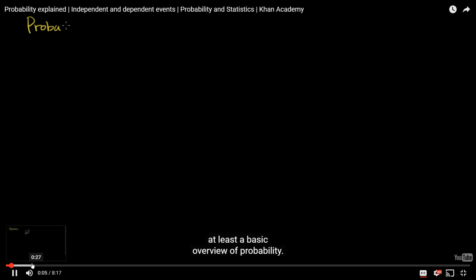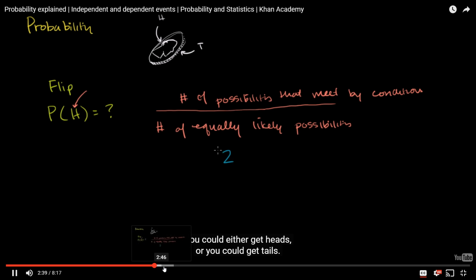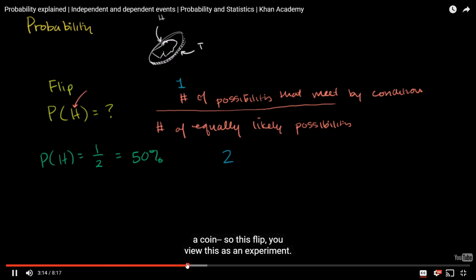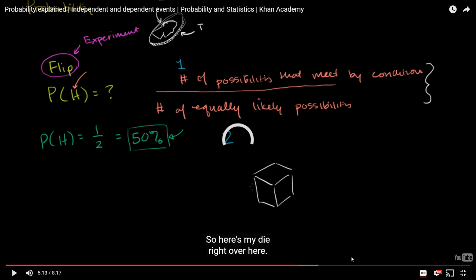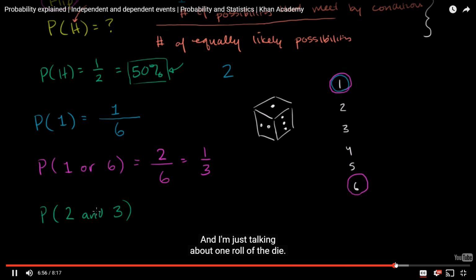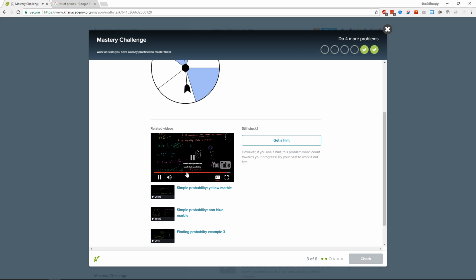What I want to do in this video is give you at least a basic overview of probability. Sides are equal ways. Heads, or you could get tails. Flipping a coin. So this flip, you view this as an experiment. I know this is a kind of experiment. Yeah, it's like 1/2. Or one roll of the die. Well, of getting an even number. So once again, you have